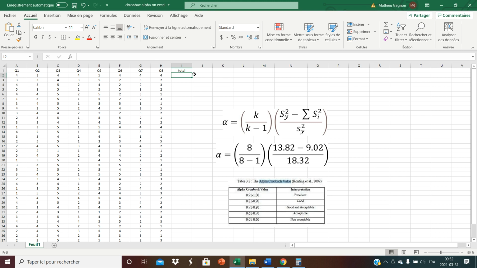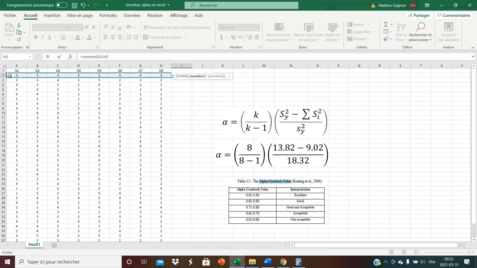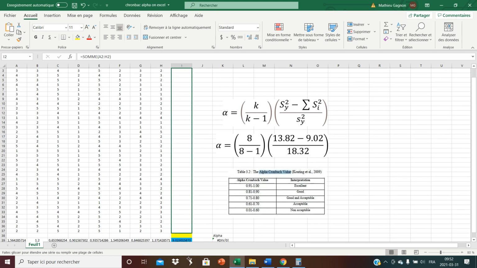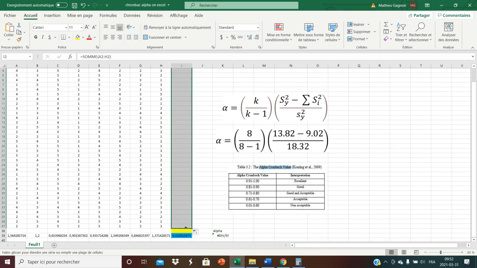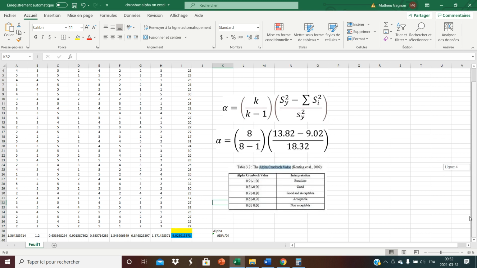Donc, on sait déjà comment faire ça. Égal, in English it would be sum. In French it's sum. Open brackets, ouvrez la parenthèse. Sélectionnez les scores. Select the scores. Fermez la parenthèse. Enter. This guy got 32. And we're going to drag it out all the way to the end. Ding. There you go. Donc, ça, c'est les scores totaux pour chaque personne.